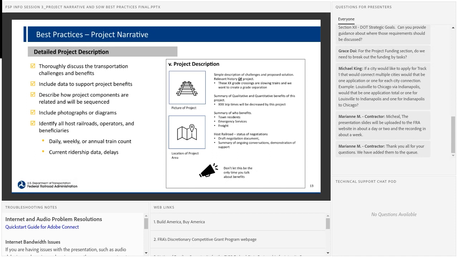We encourage you to include, as you see appropriate, photos and diagrams that support the information in your project narrative. And if your application is for work on a railroad where you are not the host, identify the host railroads and your agreements with them. If there are other beneficiaries to the project, please identify those and include your agreements with them as well in this section.